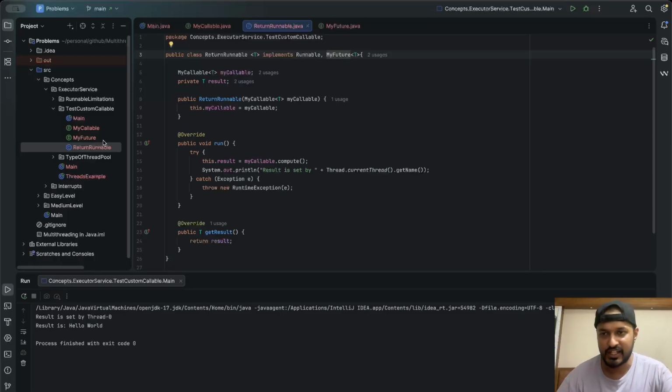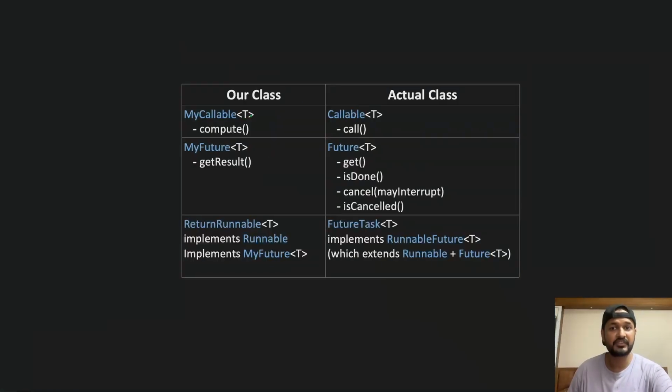Correct. Now we have created this so easily, right? Now if I correspond them to the actual classes and go to our Blackboard, on the left side you can see the classes that we have actually created in this example, and on the right side you can see the actual classes to which our created classes correspond in reality.